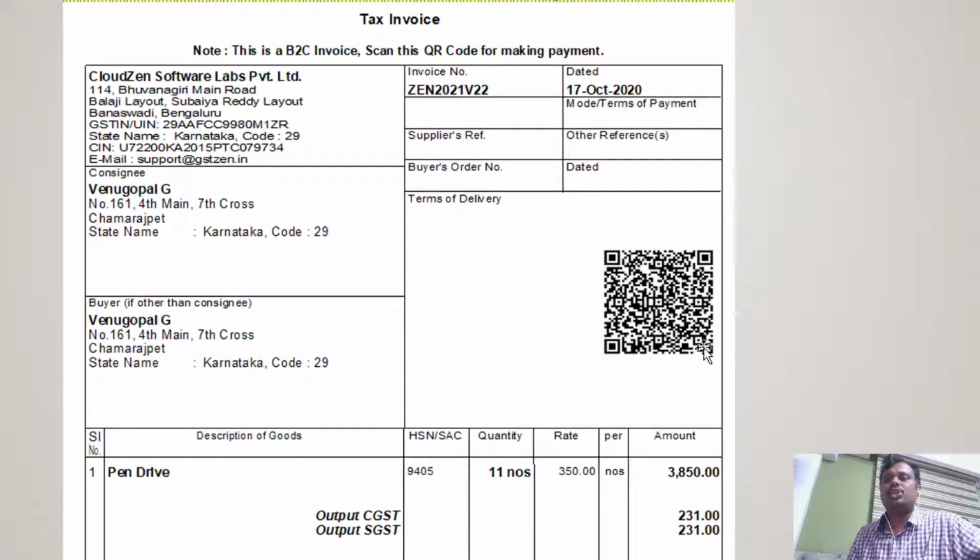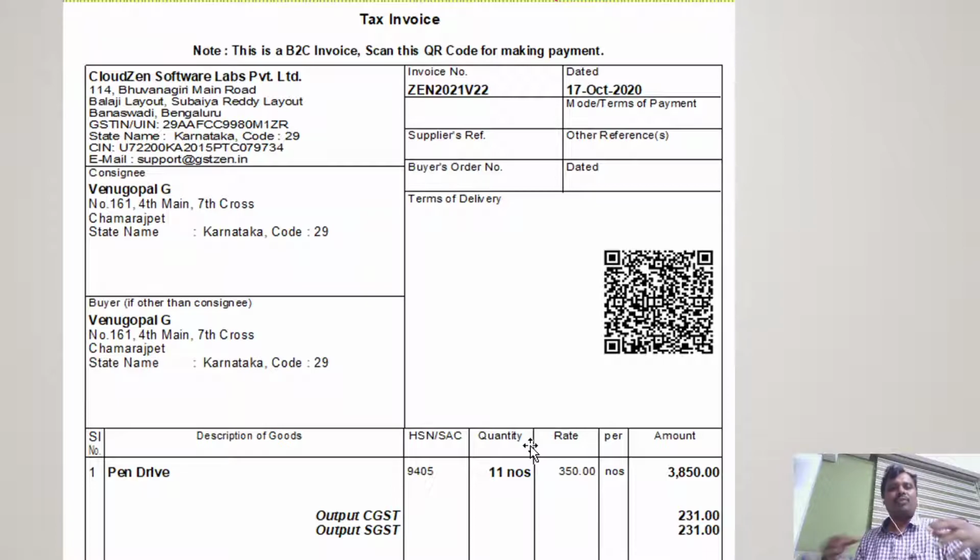Here is the QR code, and this is a dynamic QR code. When I say dynamic, for each invoice to invoice, this gets changed. In fact, this is a real QR code. As you are seeing, you can actually scan this QR code and it will show up a payment option. And just to avoid accidents, I have changed it to rupee 1, so that someone can experience that yes, it takes to any of your payment gateways like Google Pay, Paytm, PhonePe, one can actually use it.